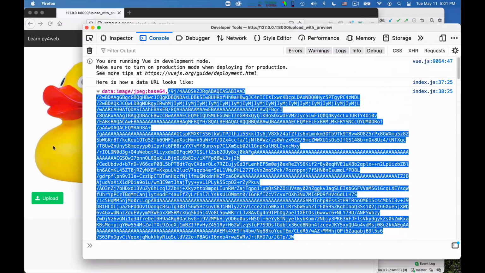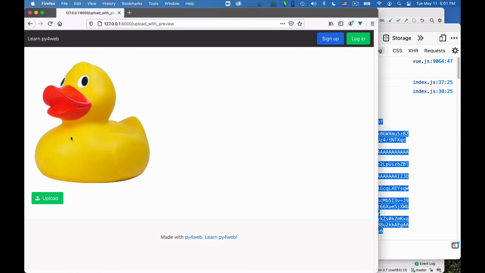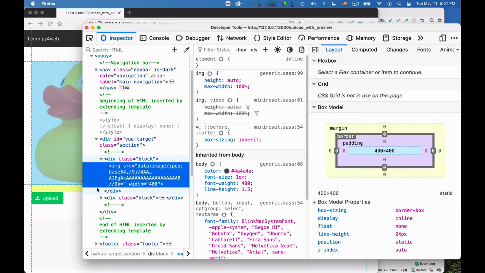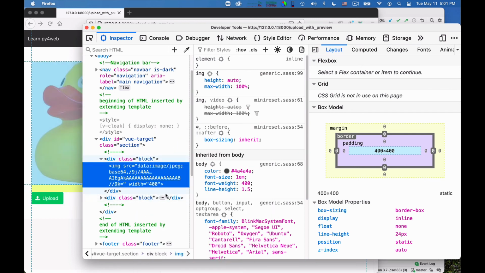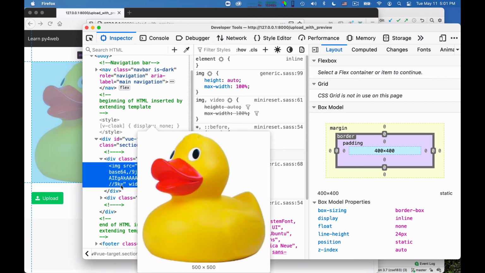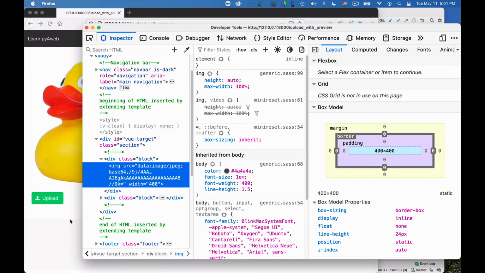And this long string is being set as the image URL. So if I do inspect element here, one sec, you see the image source has become this very long data URL. It's glitching a little bit, probably because this is so long. Okay, so this here is truncated, but it's actually quite long. So I have converted the image into a long string, and now I can upload the image. Note, if I wanted, I could also just upload the string. It would just be a slightly bigger version of the image.